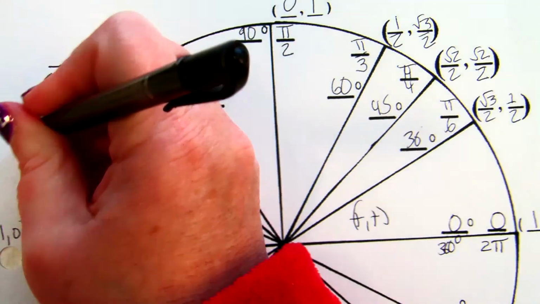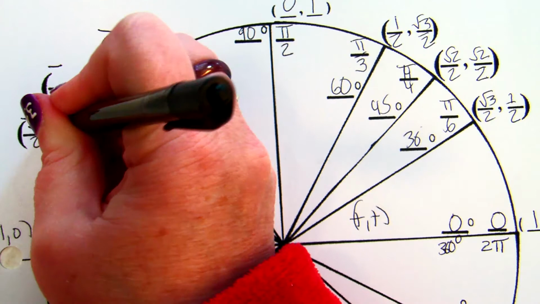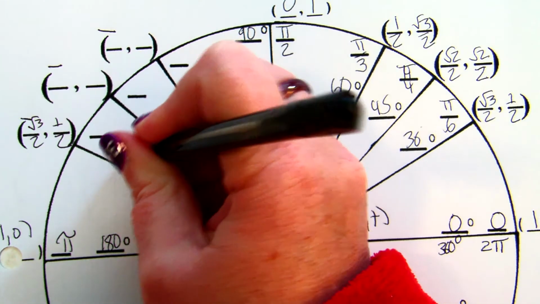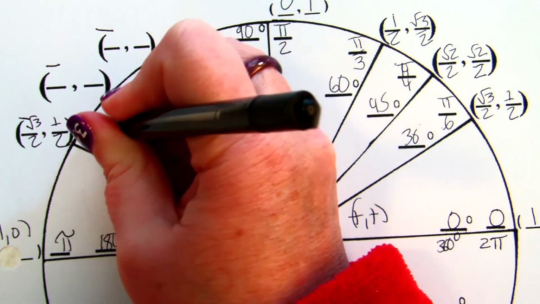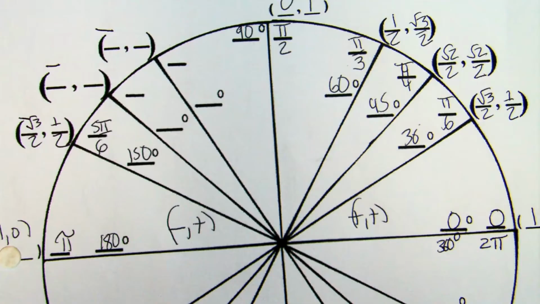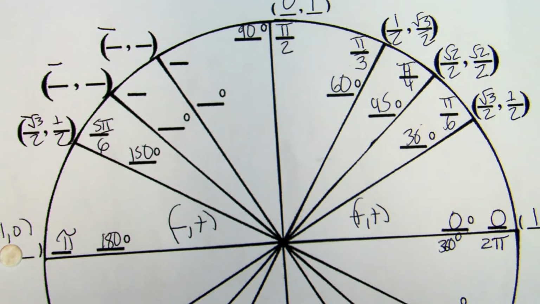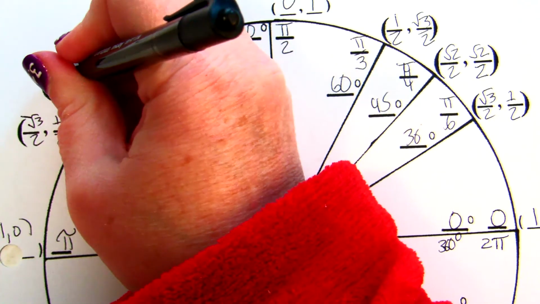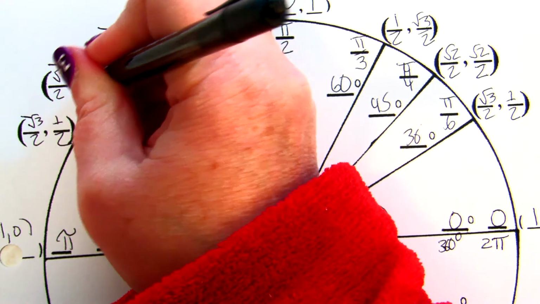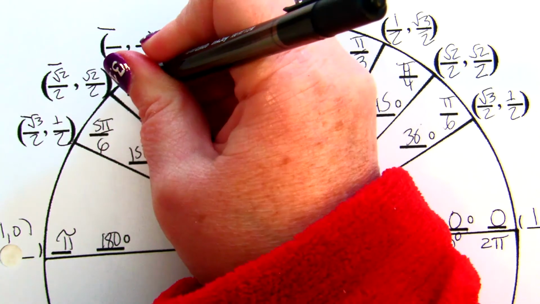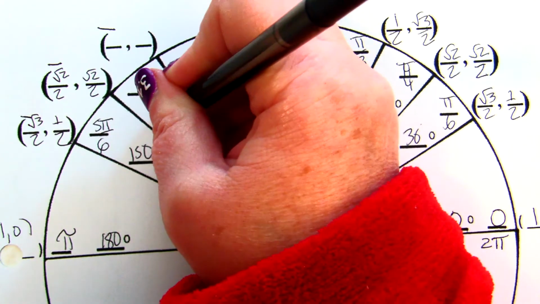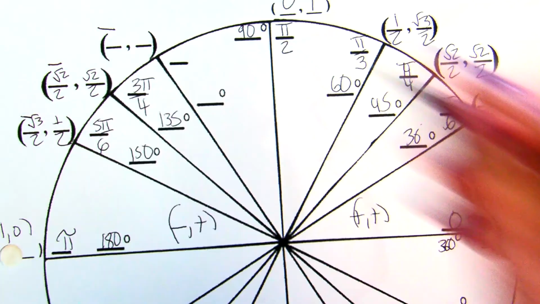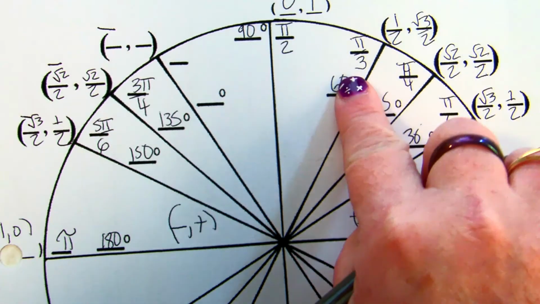So this is going to be rad 3 over 2, 1/2, just like 30 degrees was, but it's 150 degrees, and it's 5 pi over 6. And this one is rad 2 over 2, so it's negative rad 2 over 2, rad 2 over 2, and it's 3 pi over 4, 135 degrees. This one's 60 degrees,